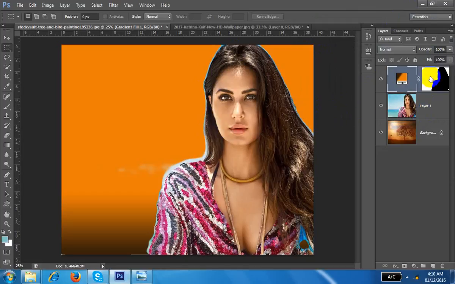In this layer, we are working on this layer. This layer will automatically come. Go to the brush. B for brush, D for default. Then go to this portion and click, otherwise the brush will not come. So I am making it larger. I am making it a little bit smaller, or this one.